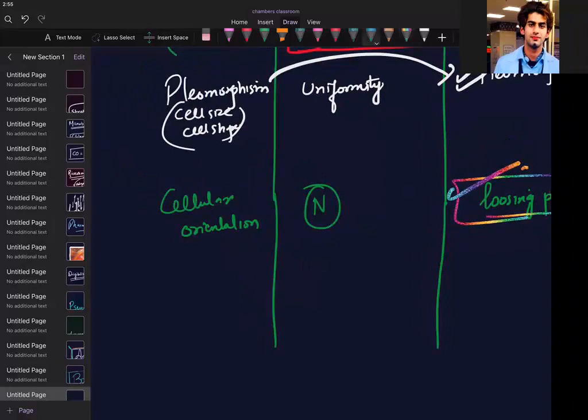So stroma, more amount of stroma, here more amount. Here I should write 4 arrows, here I write 1 arrow. I hope you understand. Or I can write 1 plus or minus like this to make life easy. This should be plus, plus, plus, plus, plus, plus. This should be plus.